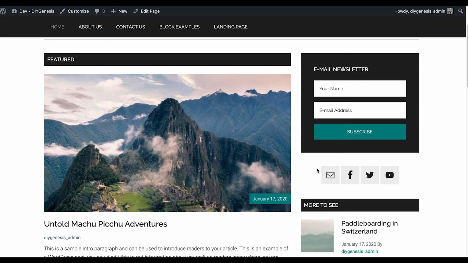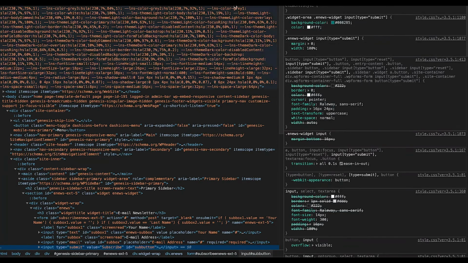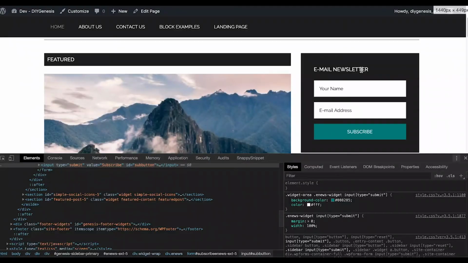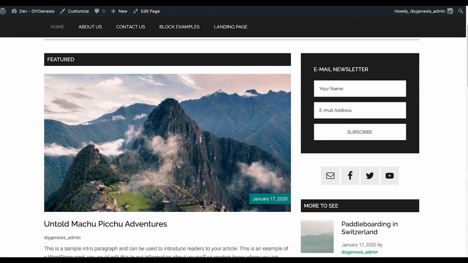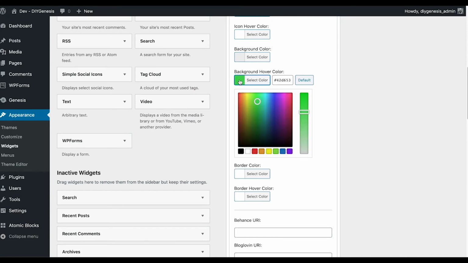Now here's another little neat trick that I like to use, and of course you guys have seen me do this before, but if you really want it to perfectly match that color, we can go to our inspector tool and just select this. And I know right now, because I have this set for a separate tab, I want to make it show under the bottom. You can see that hex value of that background color right here. Again, if you uncheck this, you can see that this is the color. So let's just grab that hex value out and we'll copy it, and we'll go right back into our widget section again. And just because we want to make it spot on perfect with what we want to have here,